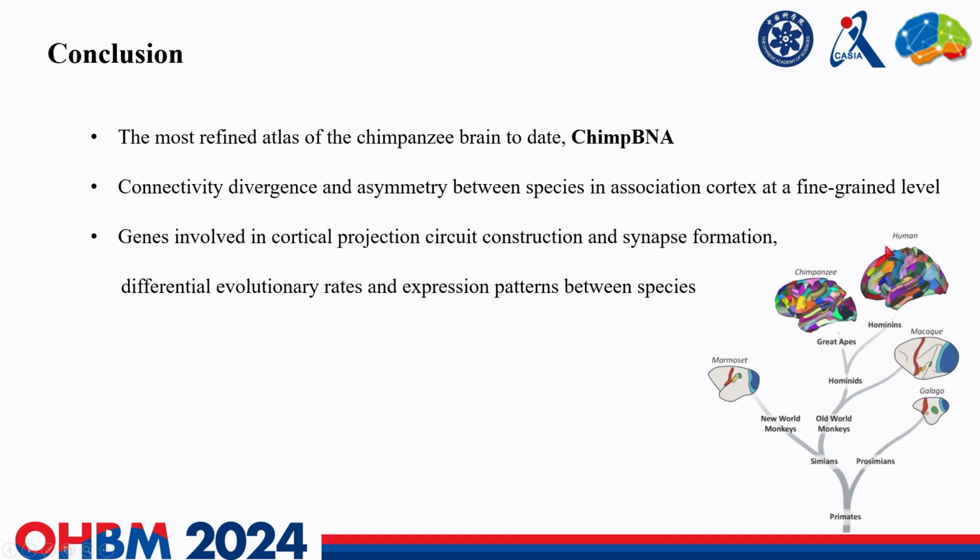To conclude, I want to sum up my main points today. We first presented the most refined atlas of the chimpanzee brain to date, the Chimpanzee Brainnetome Atlas. We compared the connectivity divergence and its asymmetry between humans and chimpanzees at a fine-grained level. Finally, we show that associated genes have differential evolutionary rates and expression patterns between species, and these genes are related